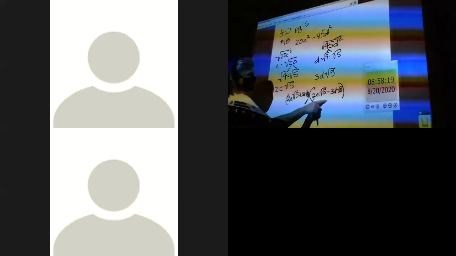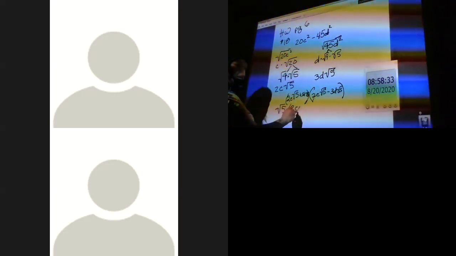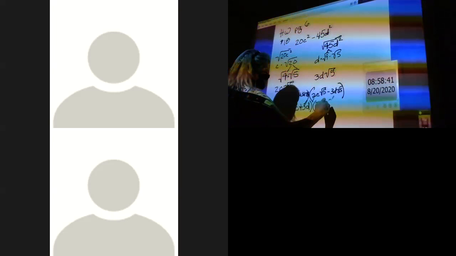They are all being multiplied by the square root of 5. So could you take the square root of 5 out? And what would that leave you here? 2c plus 3d. If you took it out here,